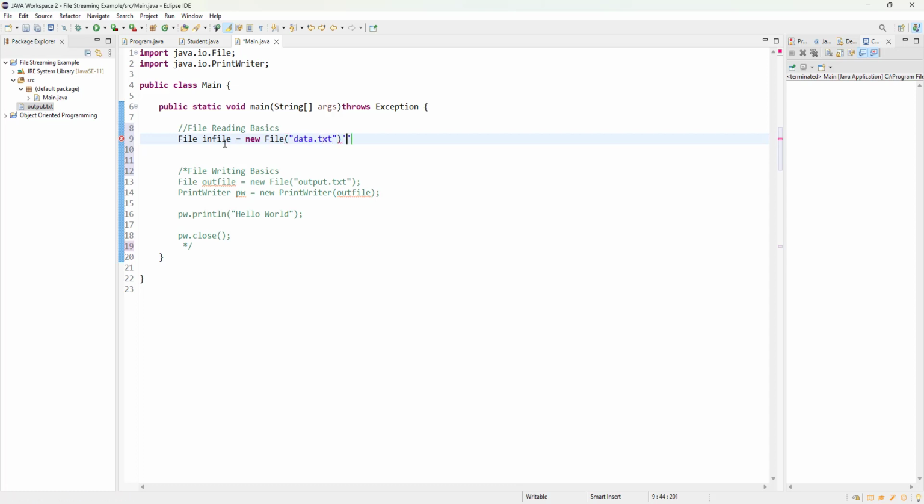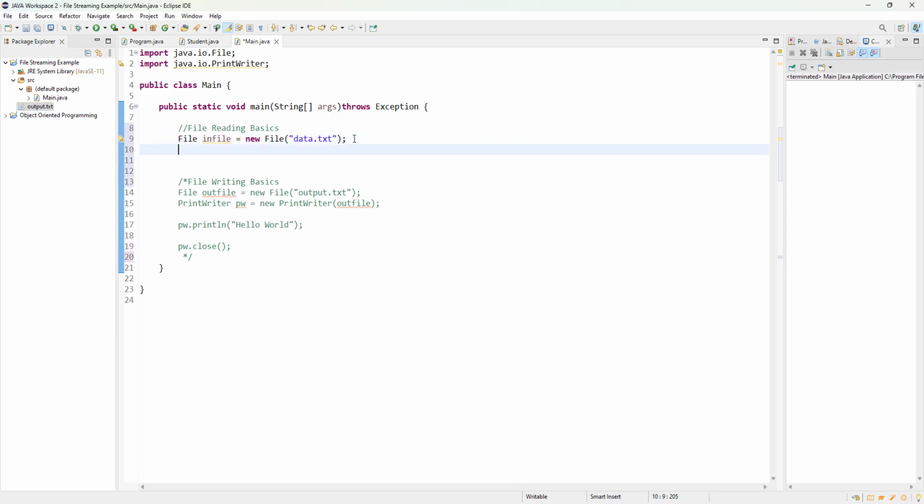All right, like so, data.txt. Now, when you're creating a file in this way, the computer won't automatically create one for reading, because it doesn't make sense that it would create an empty file for reading. All right, so let's see. Now, normally if we would